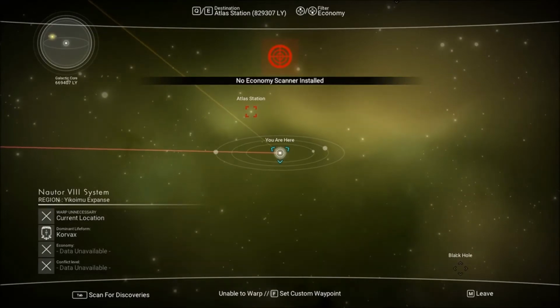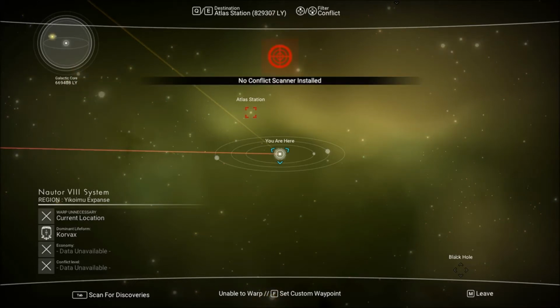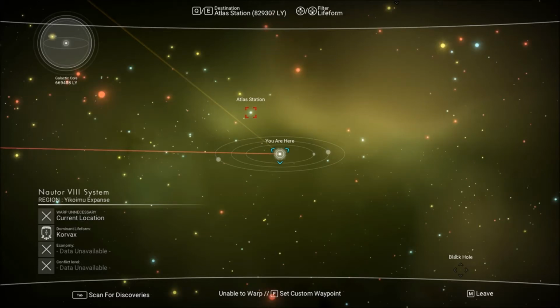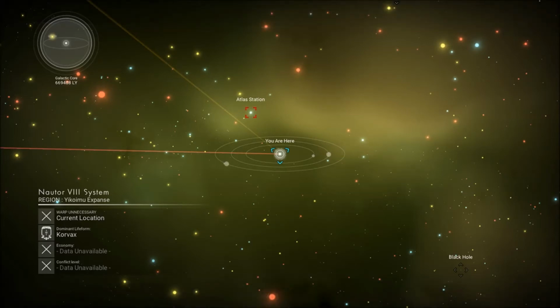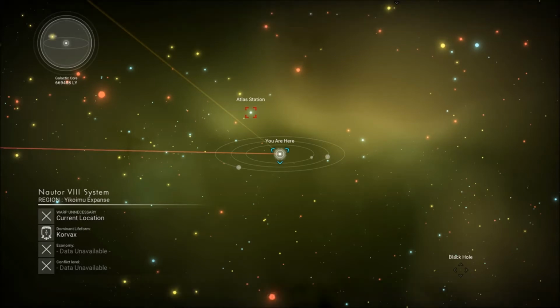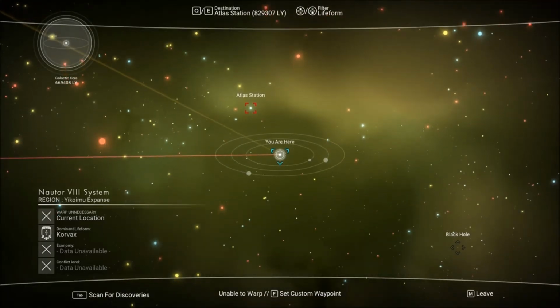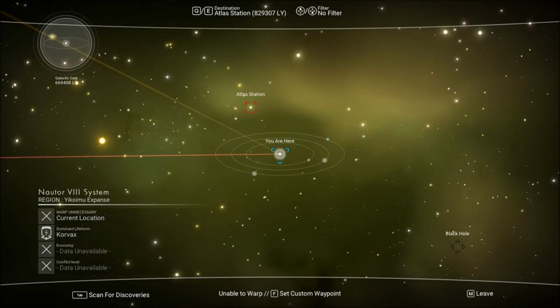So, I cannot filter by economy or conflict because I don't have the right scanners installed. But apparently I can filter by life form. Not quite sure how. It's telling me I can do the filter. I press up and it says, right, filter by life form. And then I don't know how to actually change the kind of life form I'm filtering for. So I probably need to fiddle around and...